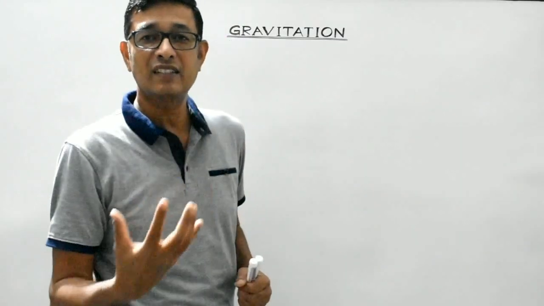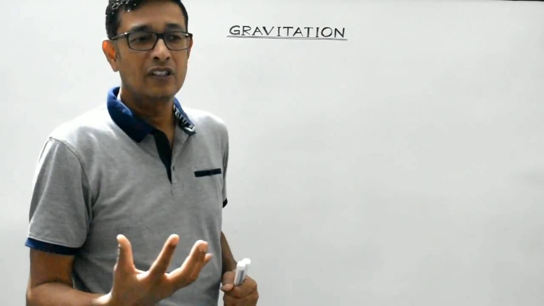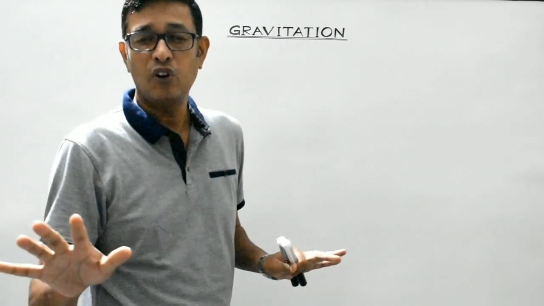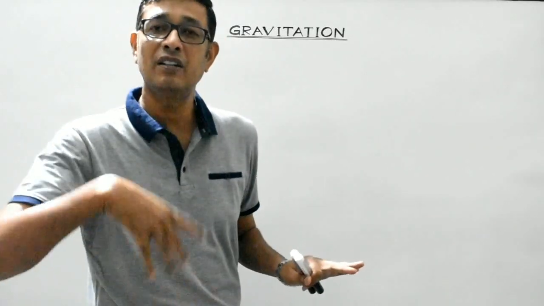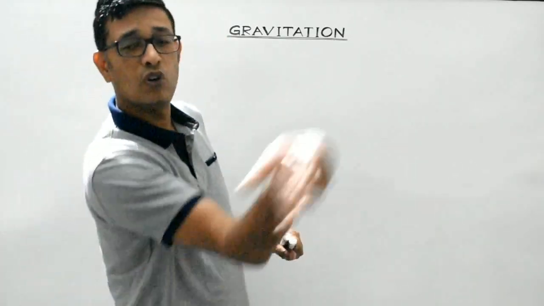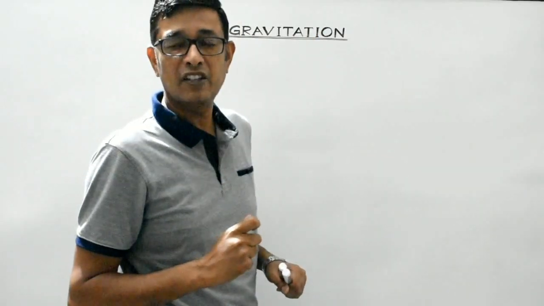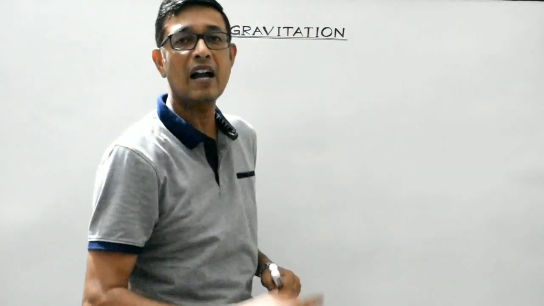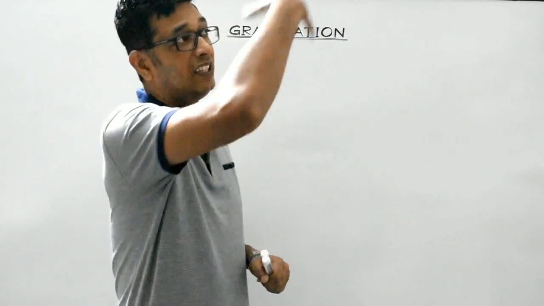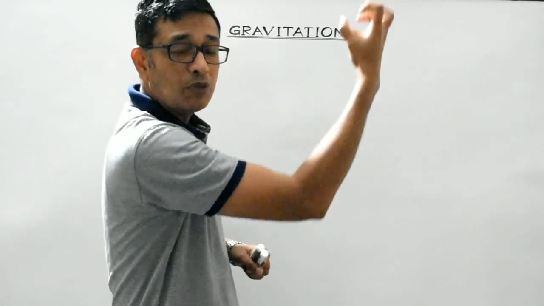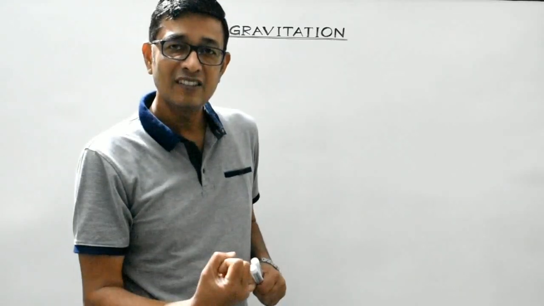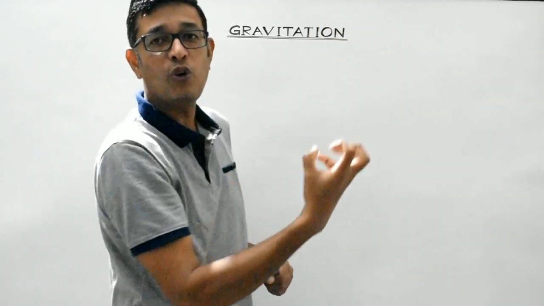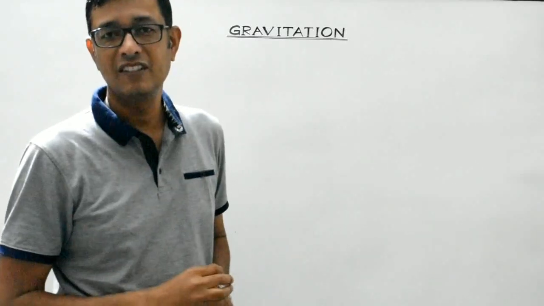So what I mean to say is that if there is no force of attraction, then if we throw a stone or a body in the upward direction, it would have never come back again. After gaining a certain height, every object comes back towards the earth's surface. It suggests that earth attracts every object towards itself, isn't it?